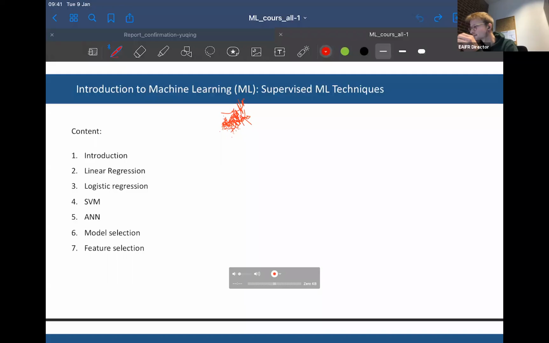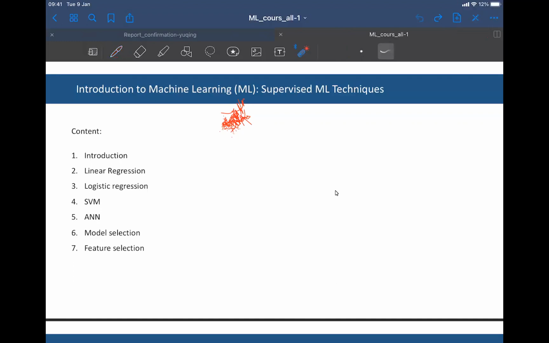We will see more advanced techniques that will be built up on what we see today. So the idea of these first courses is that we will see first what we mean by machine learning, what is the purpose of this field. And then we will really start very, very basic, because supervised machine learning is